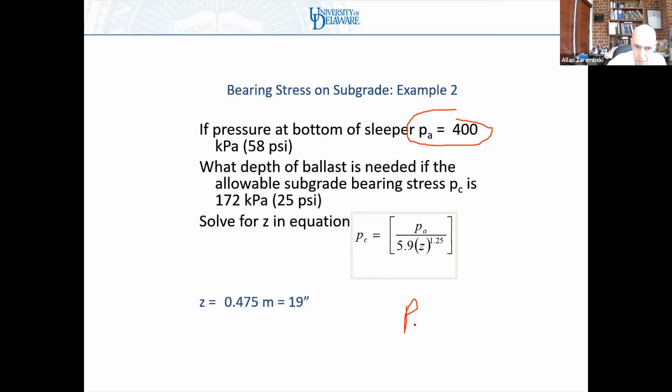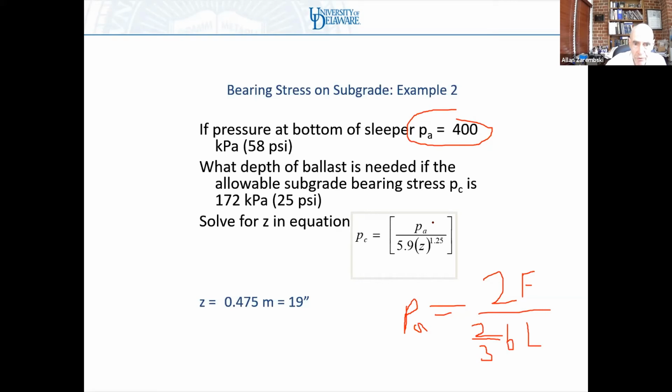Pressure at the bottom of the sleeper is 2F divided by 2/3 BL, right? So this is the width of the sleeper, this is the length of the sleeper. So if the pressure at the bottom of the sleeper is 400 kilopascals,